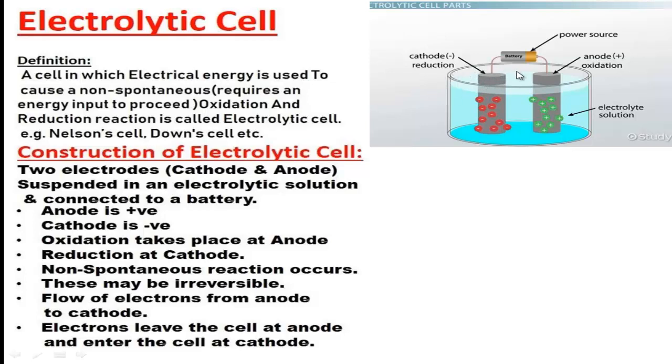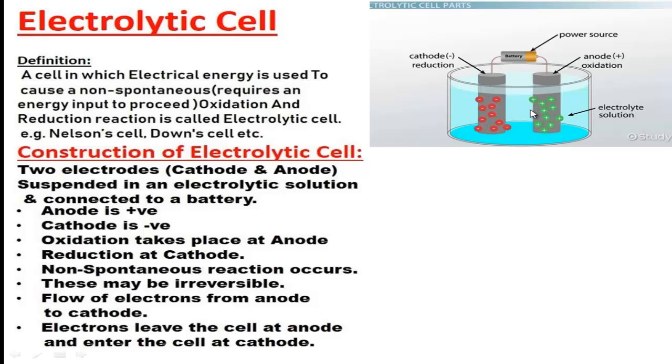So this is actually known as electrolytic cell, and these are electrodes, and this total process, that means the reaction in which electricity is supplied to occur a reaction in electrolyte is called electrolysis process. That means the reaction which actually occurs in this electrolytic cell, due to supply of electricity, is known as electrolysis process.